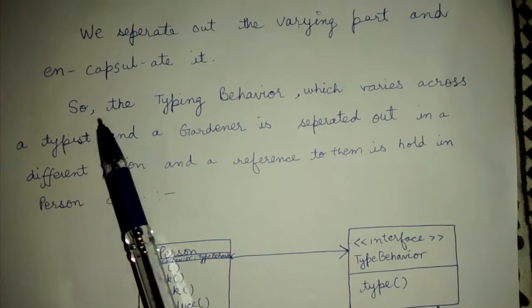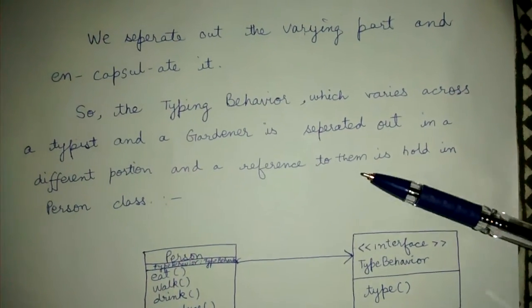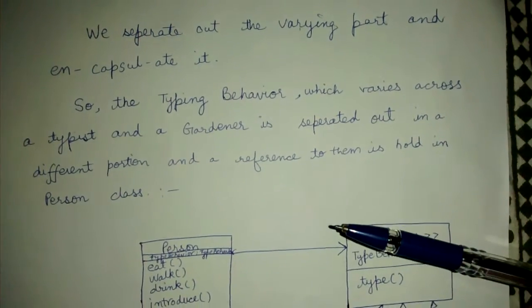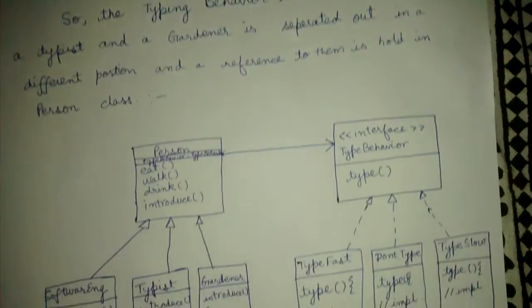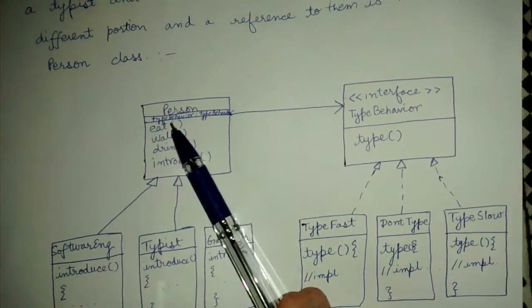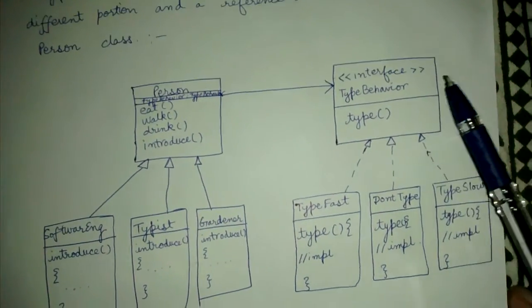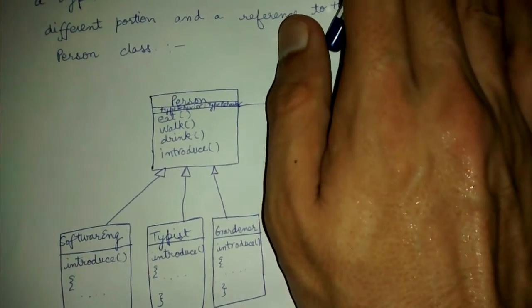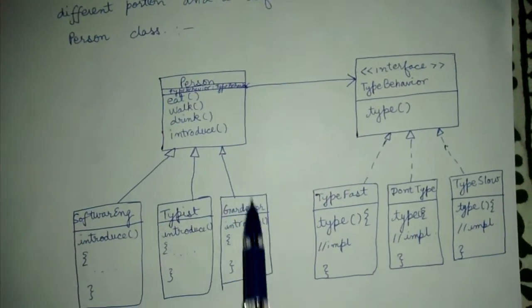So the typing behavior, which varies across a typist and a gardener, is separated out in a different portion, and a reference to them is held in the person class. So person class is equipped with a reference to this type behavior. Type behavior is now a completely separate interface. The functionality has nothing to do with these classes,